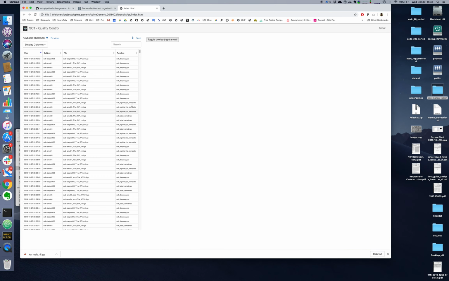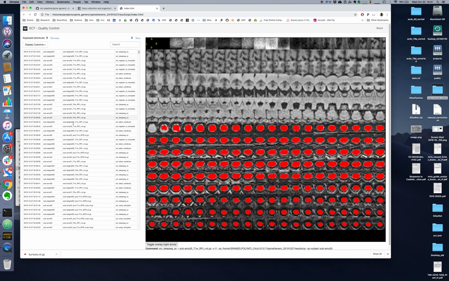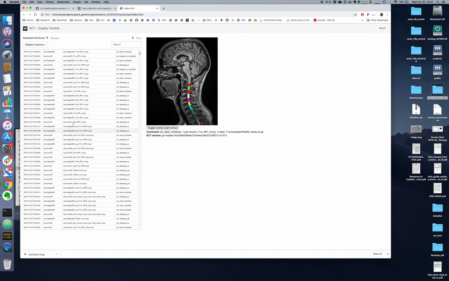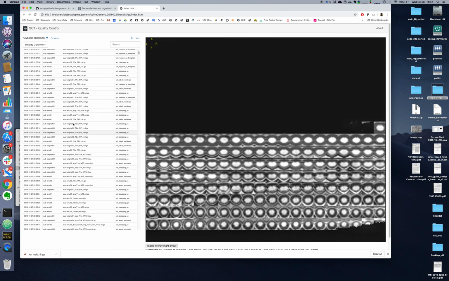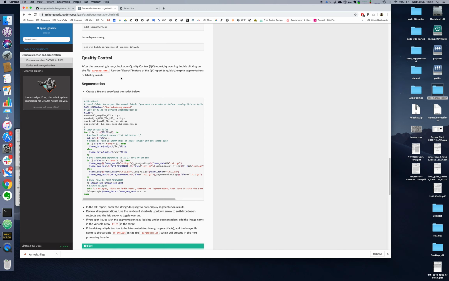Okay, it opens, and each row corresponds to a file, and the subjects are listed here. With the up and down arrow, we can go through all the different subjects and files. And what we want to do here is only to select the segmentations. Okay, so if we go back to this page,